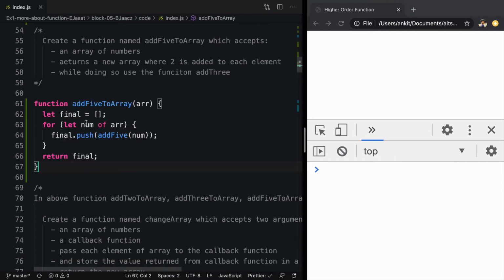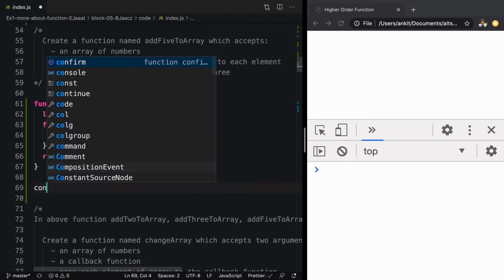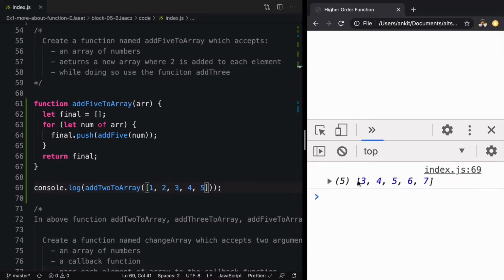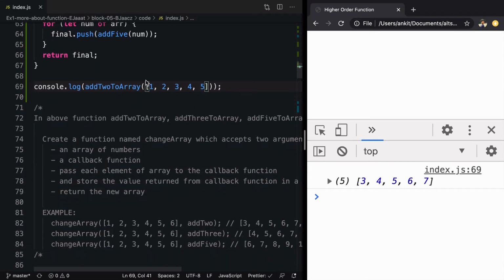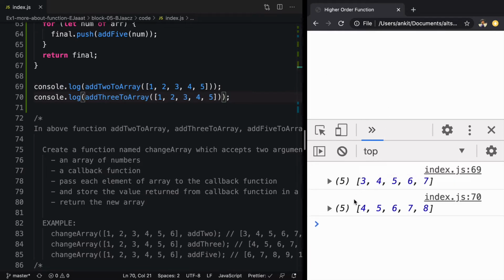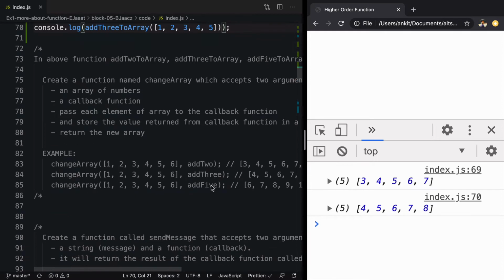If we want to test all these functions, we can directly say console.log add 2 to array and we'll pass an array like 1, 2, 3, 4. Save it, refresh it, and we'll see 3, 4, 5, 6, 7. If we want to change that to something else, we can say add 3 to array and here it will be 4, 5, 6, 7, 8.